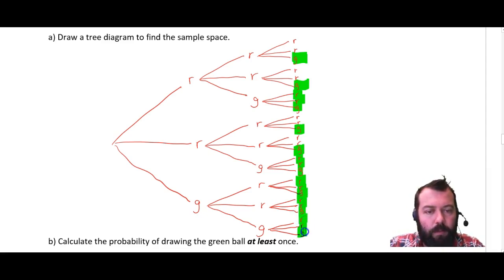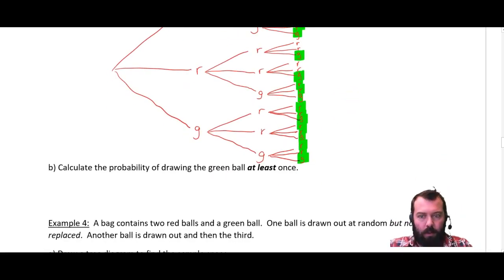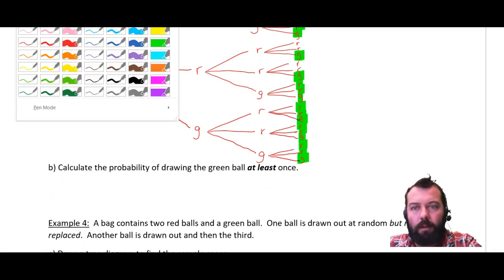So, all of those ones, count them up, and we've got 1, 2, 3, 4, 5, 6, 7, 8, 9, 10, 11, 12, 13, 14, 15, 16, 17, 18, 19. So, oops, scroll up here. So we're going to say, writing back in red,